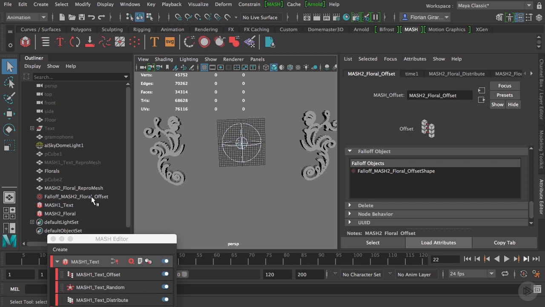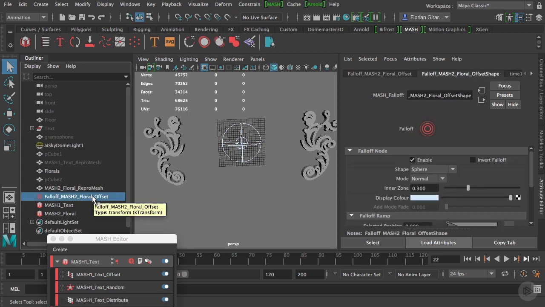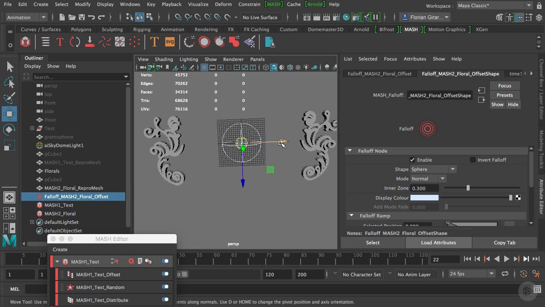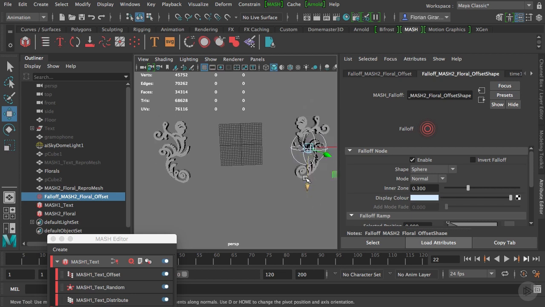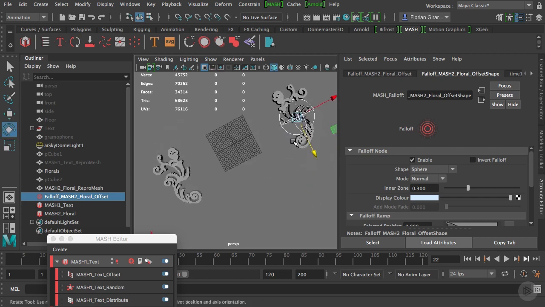As you can see, the Falloff object is here in your outliner. You can select it, and by using the W key, you can access the Move tool. You can now move around the object and see how it impacts the mesh network. Pretty cool, isn't it? Okay, I will hit the R key to access the Scale tool, and I will scale